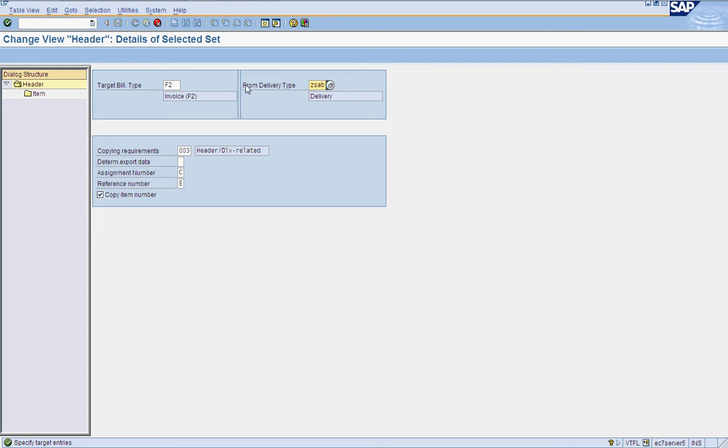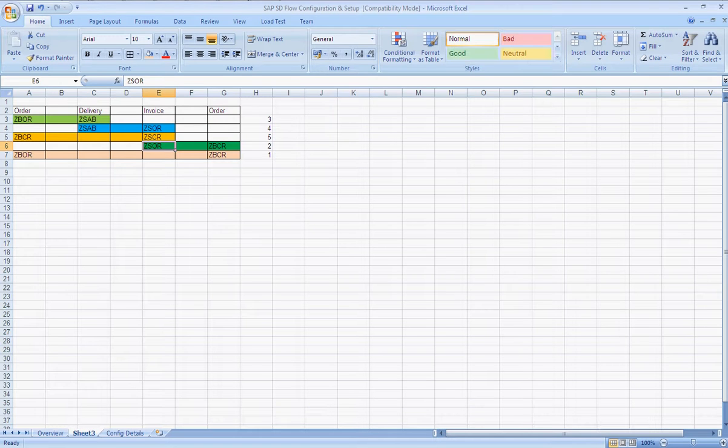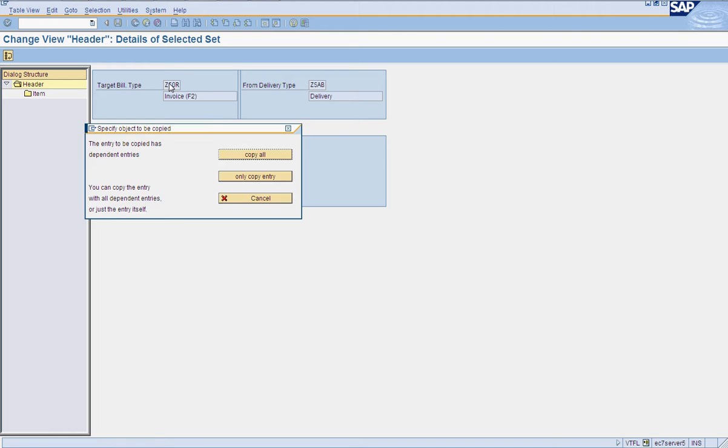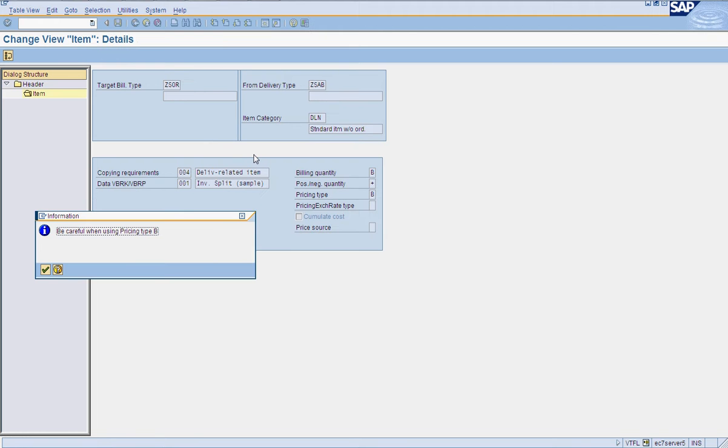ZSAB is our custom delivery. ZBOR is our invoice type. It is invoice type. So SOR. Copy all.